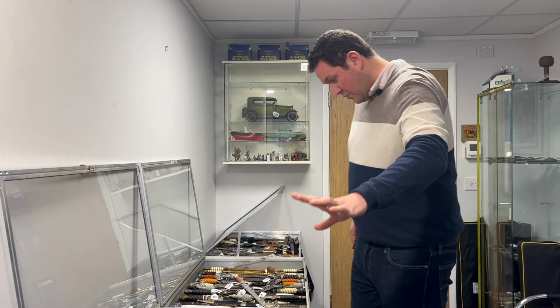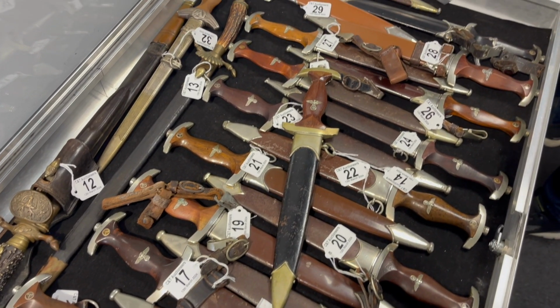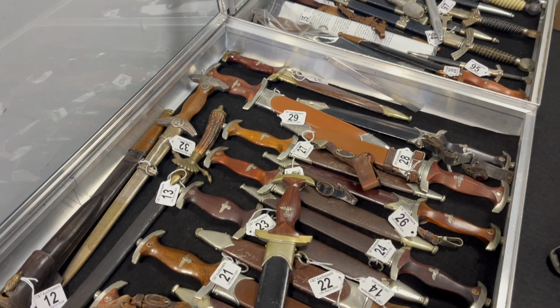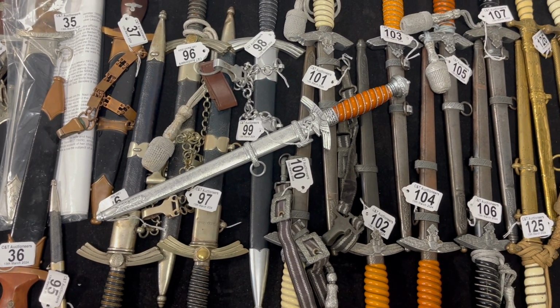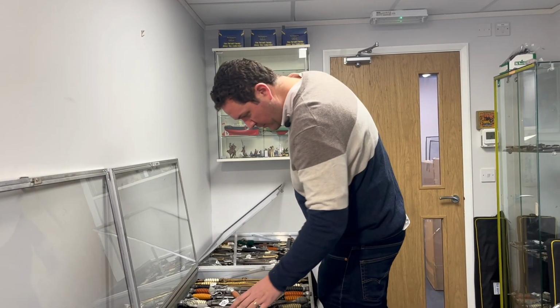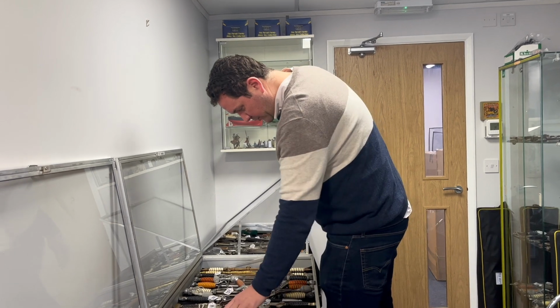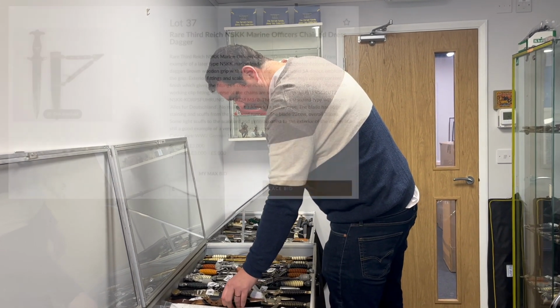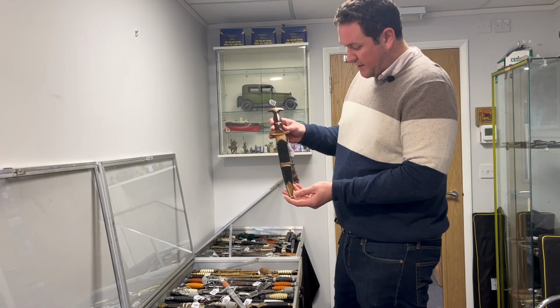So as we sort of move on through, you'll see that you've got some other various SA and some hunting and etc. daggers in here, and then we go to the NSKK. So a couple of interesting examples. One I would just want to quickly show you is this one, lot 37, which is for the NSKK Marine